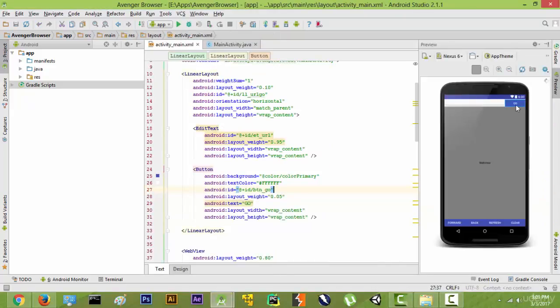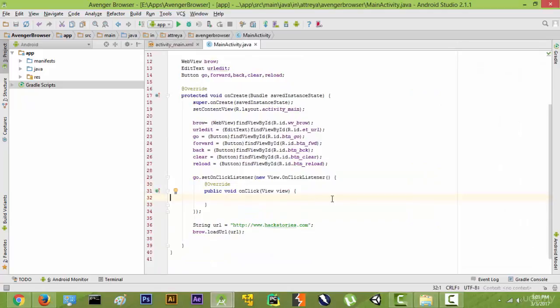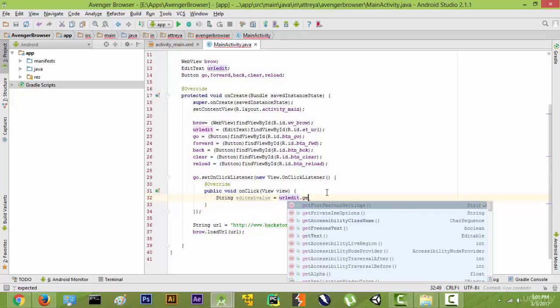For example, on pressing the go button, we want to take the data that was written here, for example facebook.com, and load it. So we are going to write something like String editTextValue equals to, then we'll write URL edit because we have declared the edit text as URL edit over here, dot getText